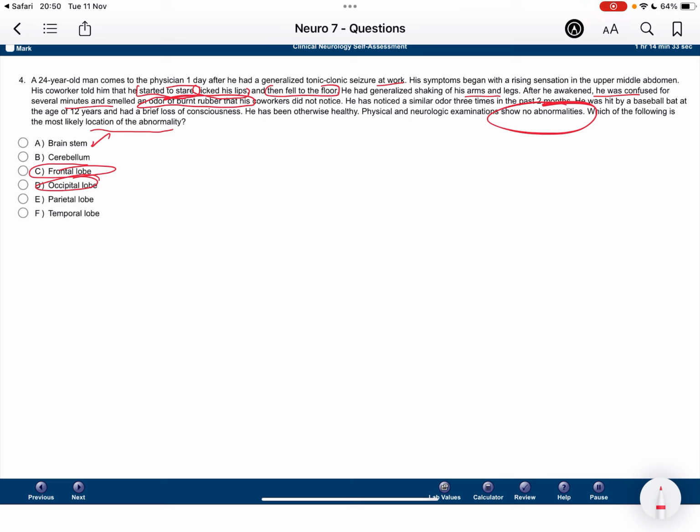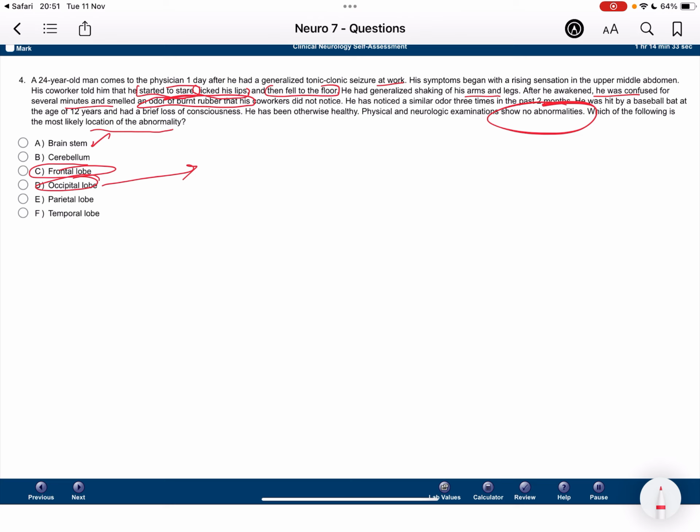Occipital lobe: if you want an occipital lobe seizure, the patient will tell you that they have colored lights, visual symptoms. But please do remember, for USMLE, for you to call it an occipital lobe seizure, you will need to differentiate it from migraine, and the patient needs to have more than 5 minutes of flashing of lights in order to consider occipital lobe.